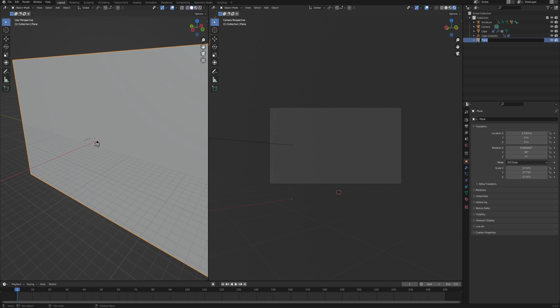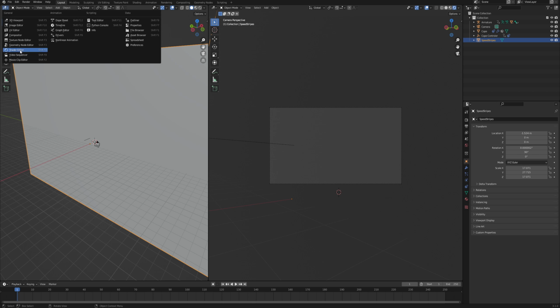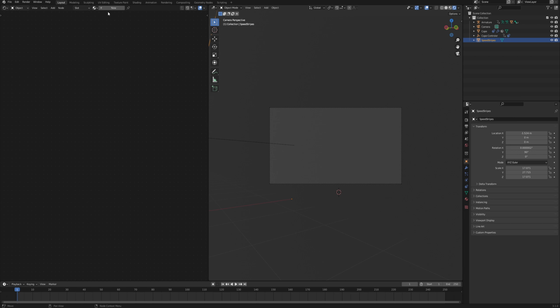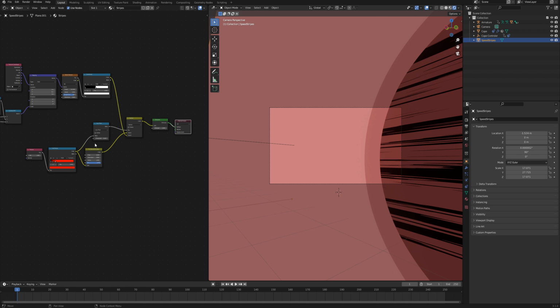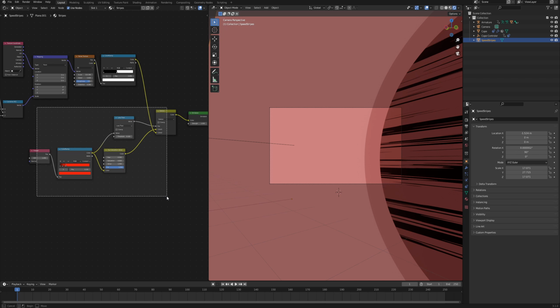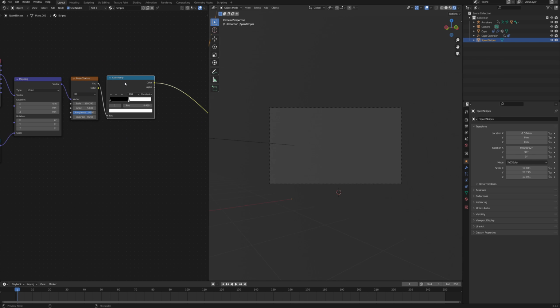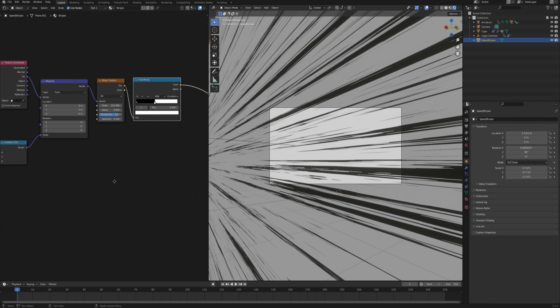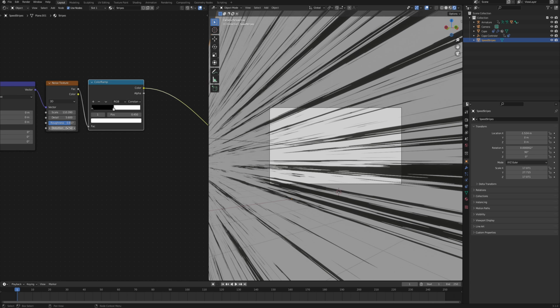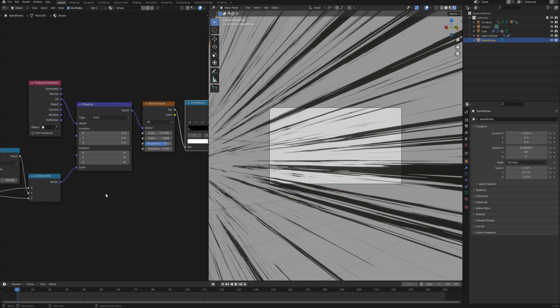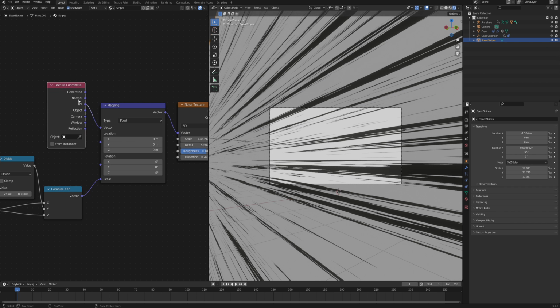Then also let's change the name to Speed Stripes, and back in this viewport let's change it again to the shader editor. And instead of creating a new material, we can again reuse what we did before. So let's choose the cape matte and again use this button to duplicate it and change it to stripes. Here we don't need that many nodes, so we can delete all the bottom half, and then let's preview this color ramp, and we actually already have the stripes that we need. You can adjust it further by manipulating these values again. I'll just bring the roughness down, and a very important thing is to change the texture coordinates from UV to object.